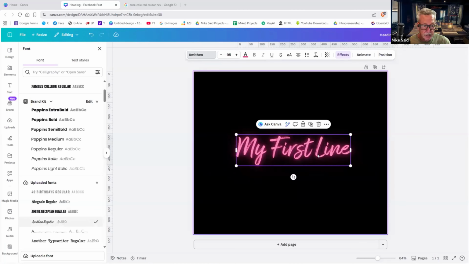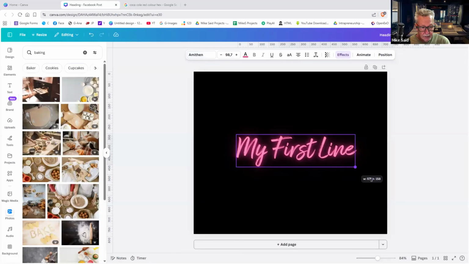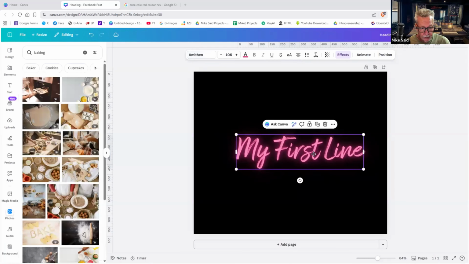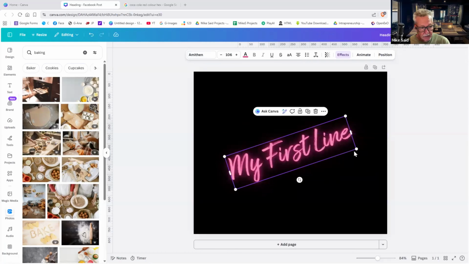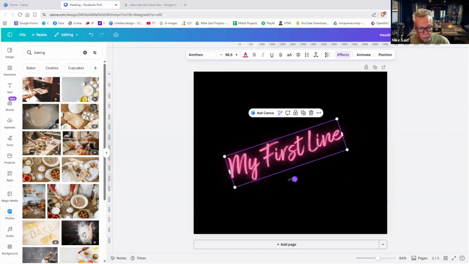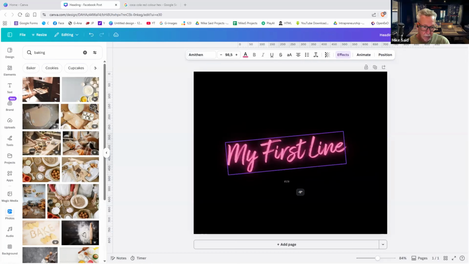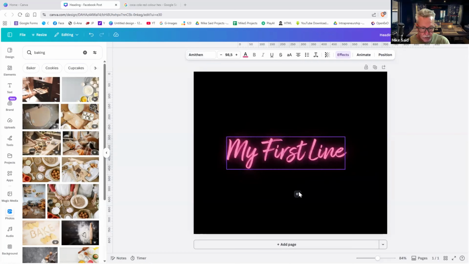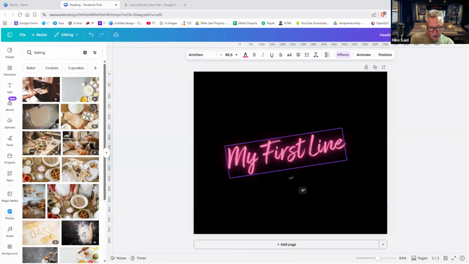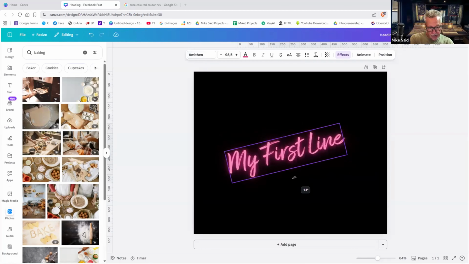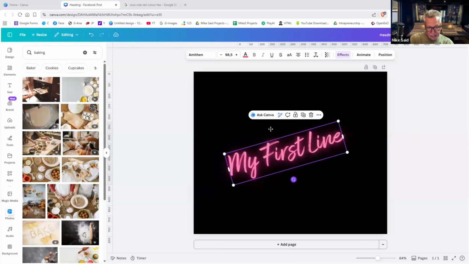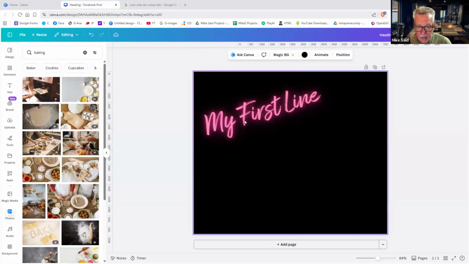Another thing, sorry, I forgot to tell you that besides making your text bigger and smaller, you can actually rotate your text as well. So I can give it a bit of a rotation either way, however I want it to be. I don't know if you saw while I was rotating it, just underneath it, there's the -5, -9, -10, -20. The nice thing to know that, for example, if I put that at -16, my first line,